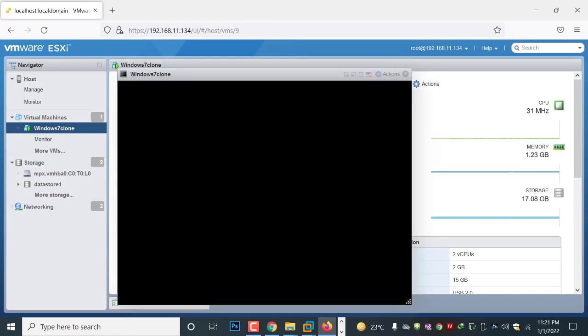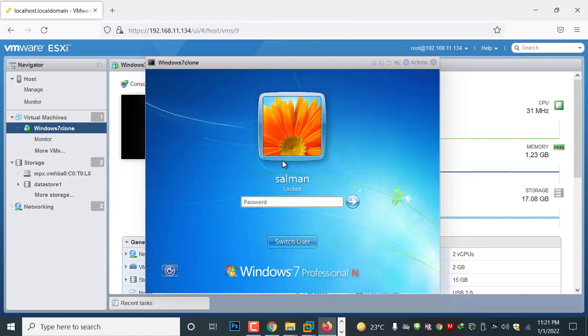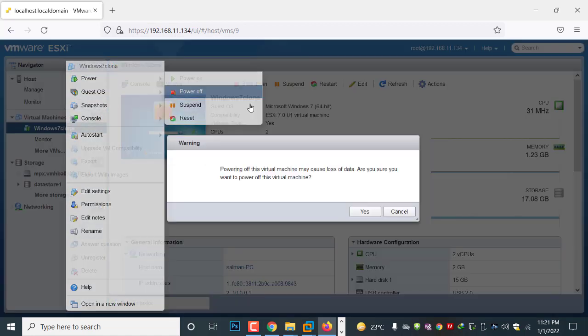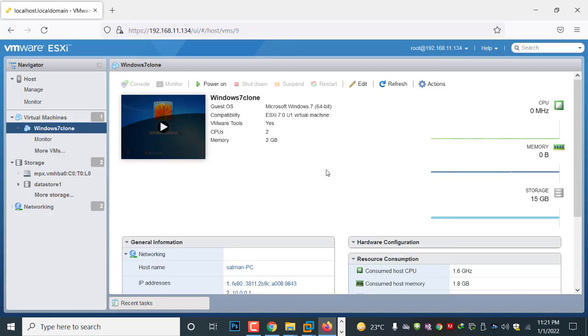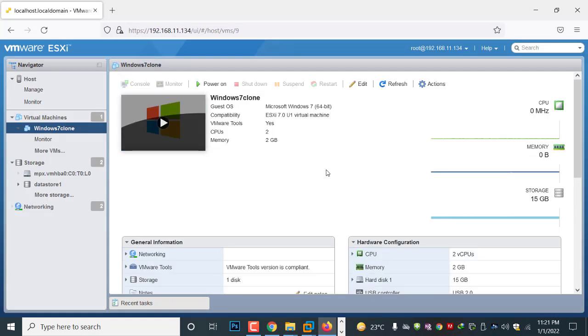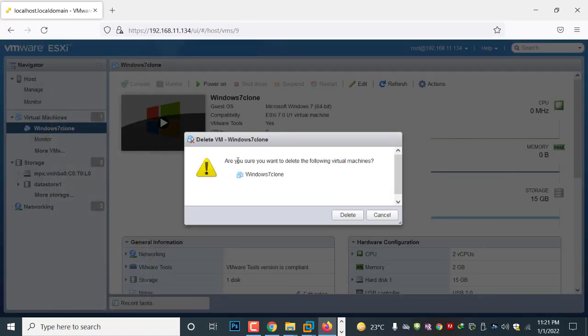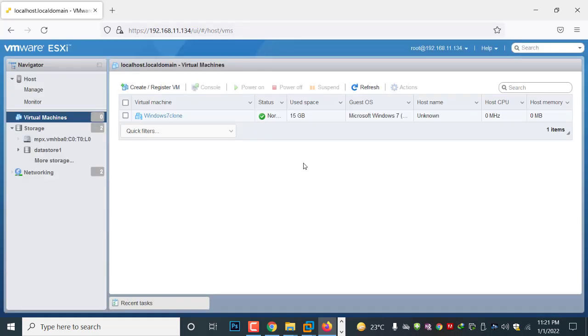So I click on this and shut down this machine. I right click, power, and power off. Let's suppose, in a disaster recovery situation, your production server crashes. So I crash my Windows machine on ESXi by right clicking and selecting delete. Are you sure you want to delete the following virtual machine? I delete it. Now my virtual machine is gone, and in my production environment I don't have time to